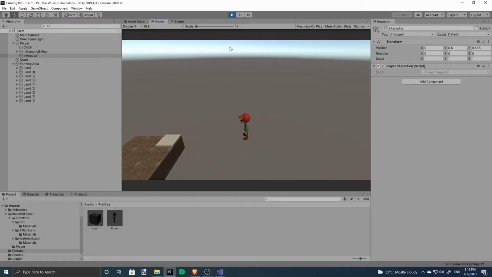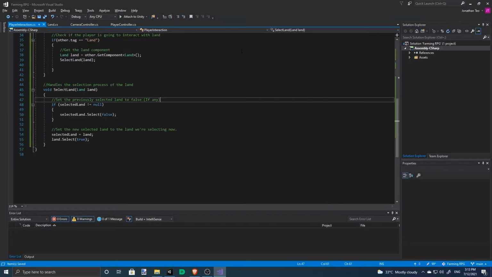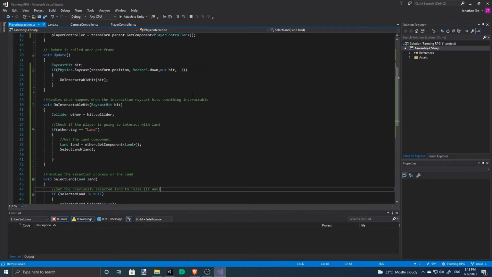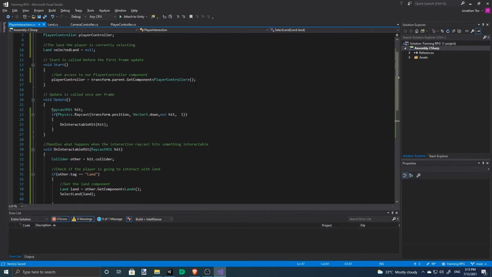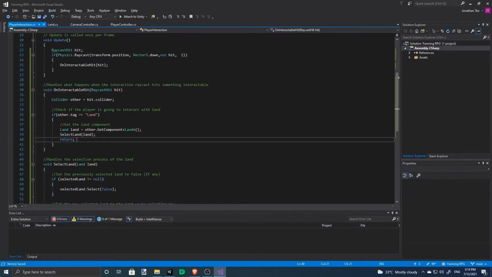So now we need to figure out a way to handle the selection when the player walks off the land completely. So let's go back to uninteractable hit. Okay, so the code logic is that if the player is standing on land, it's just going to do this and nothing else happens.